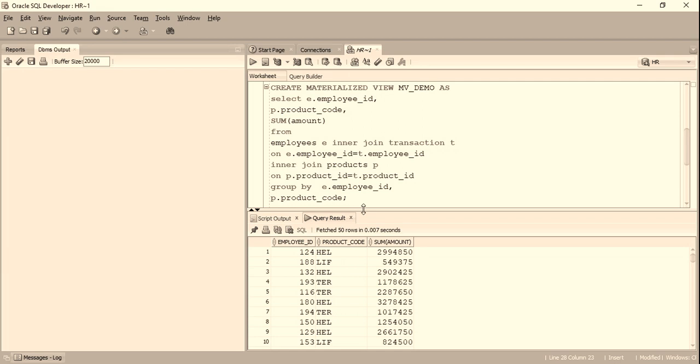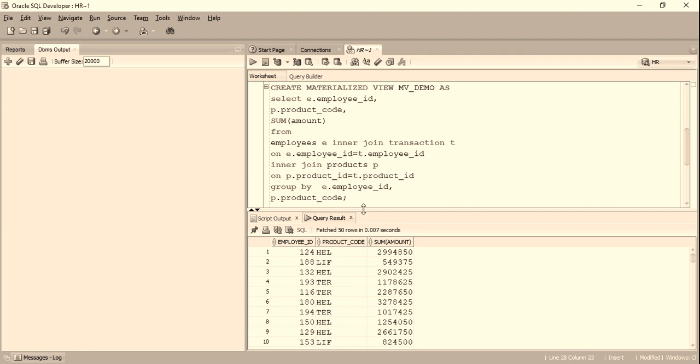Now there is a challenge. I have deleted the data from my products table, still my materialized view is giving me results, which ideally is not a good case. Because here I'm getting a false impression that these products are generating huge revenue for me while these products don't even exist on my shelf.